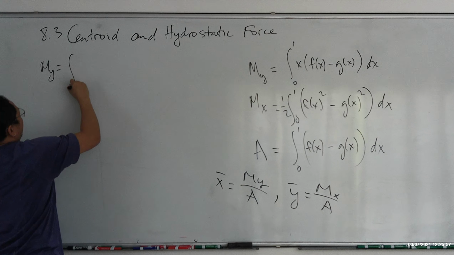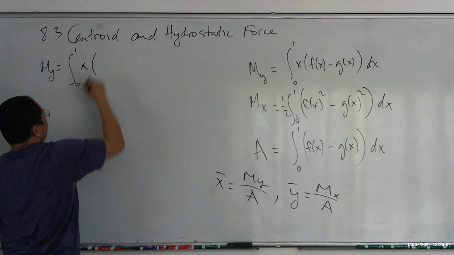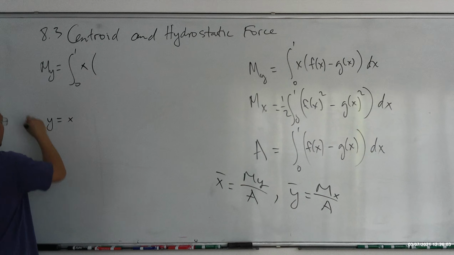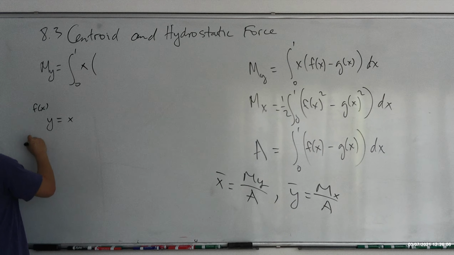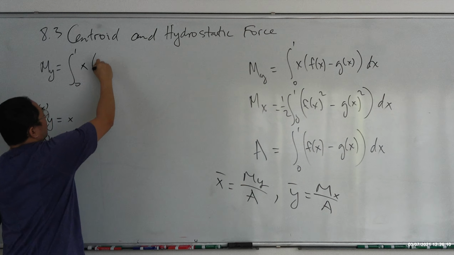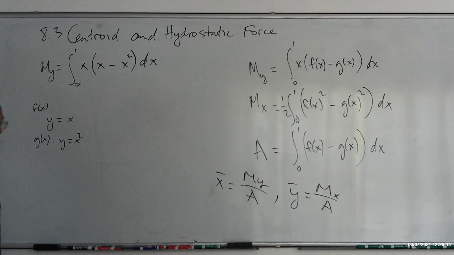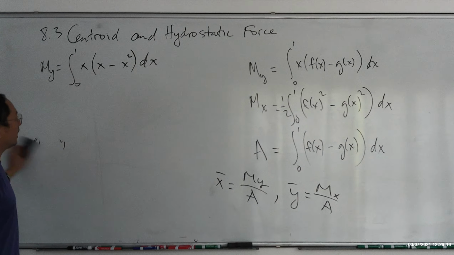My is the integral from 0 to 1 of x times f of x, where f of x is y equal to x, right? And then g of x is y equal to x squared. So this is x minus x squared dx. And I'll let you calculate this for yourself. Okay? And then Mx